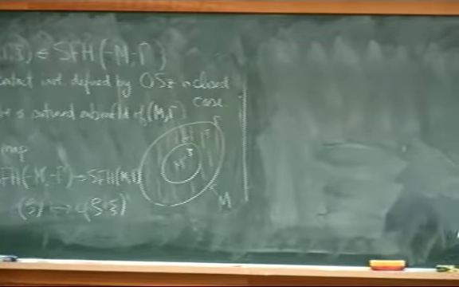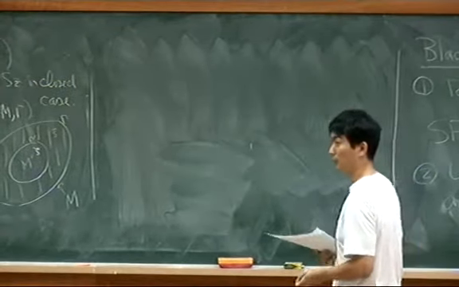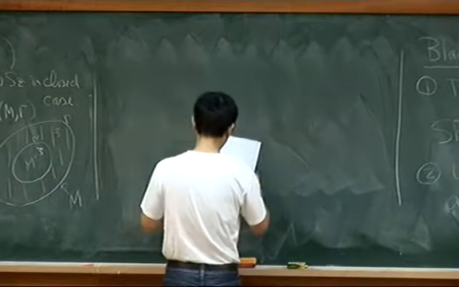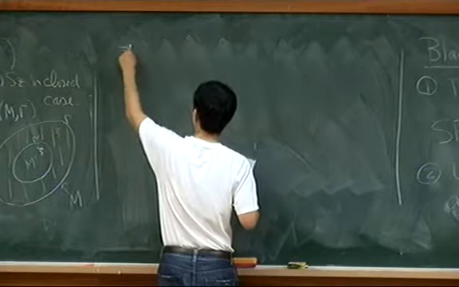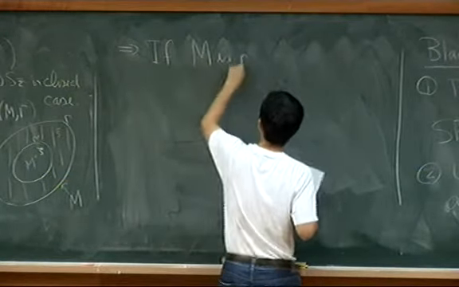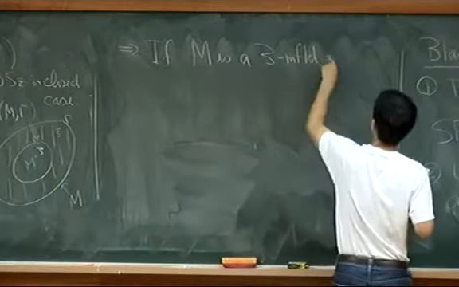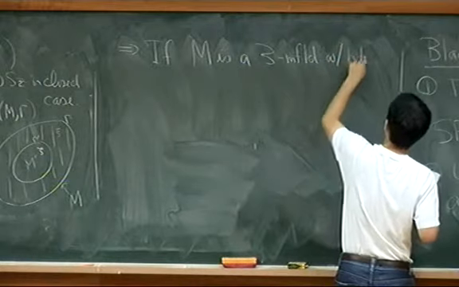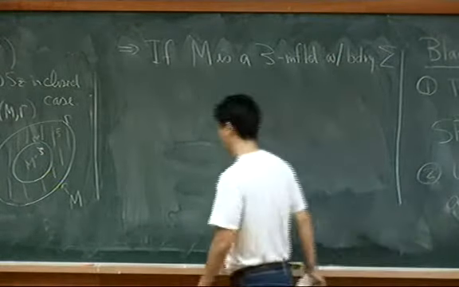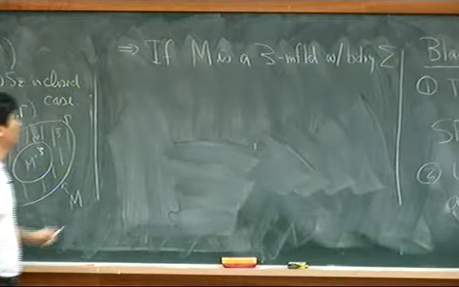Okay, so once we have this, you can actually write down a functor. All this whole thing is actually functorial. That means, for example, that if M is a 3-manifold with boundary sigma, suppose I have a 3-manifold with boundary sigma, then